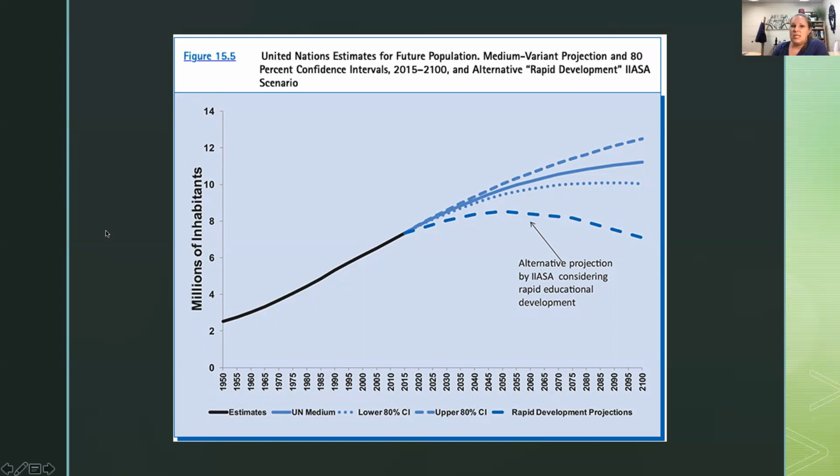And so you can see that this thick dotted line is where we would like to be, actually, where population would reach a peak around 2050 and then stabilize, perhaps even decline slightly after that. But that really requires a sincere